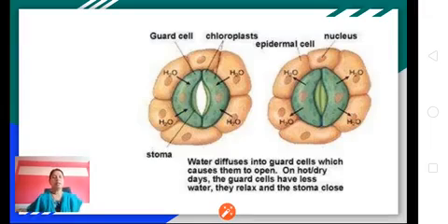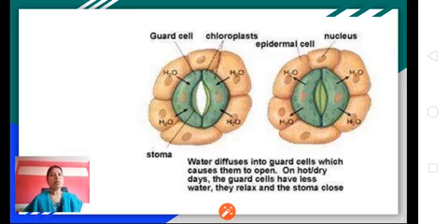You can see here the structure of stomata or stoma. Stomata are small pores which are largely present in the lower surface of leaves. The pore is created by a pair of cells called guard cells. When the stomata is open, that is when exchange of gases, water, etc. happens. And you can see the other diagram where the pores are closed.